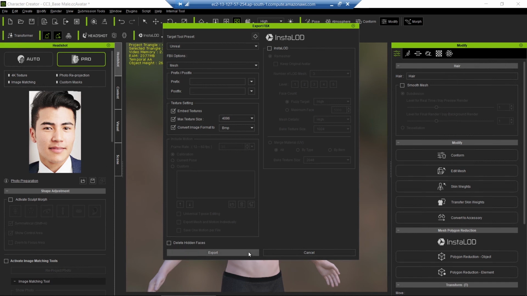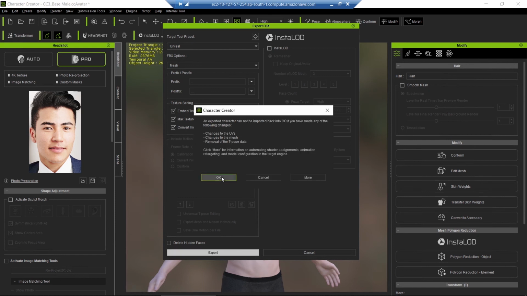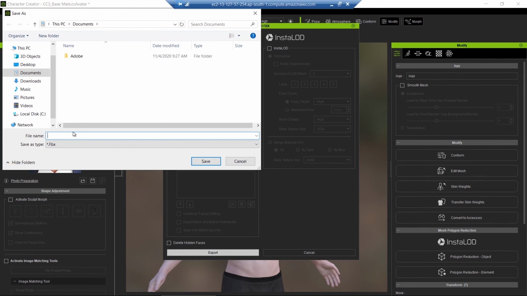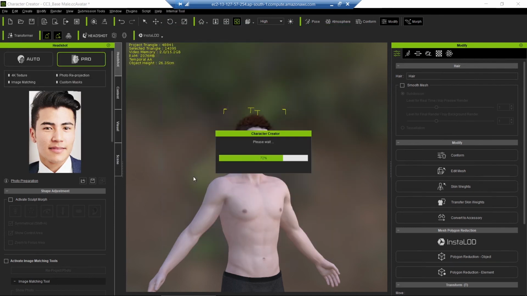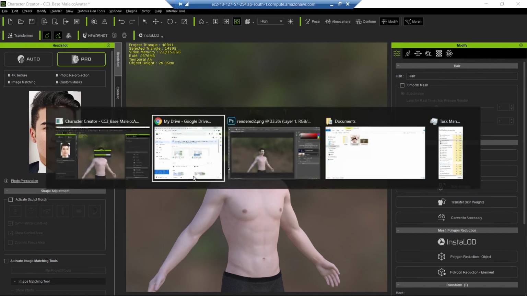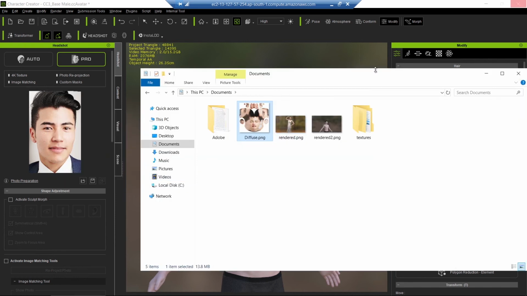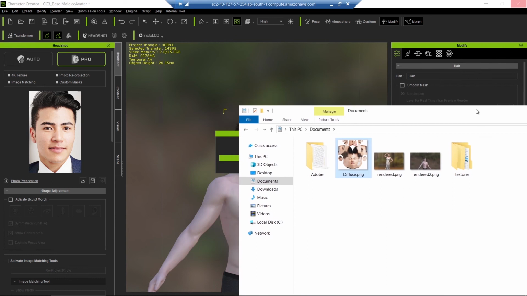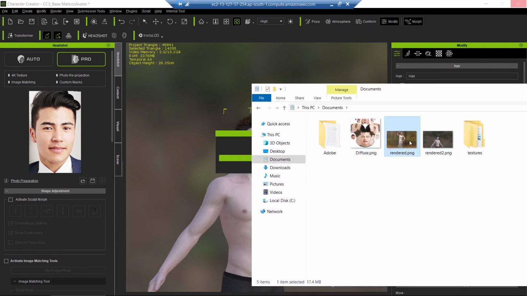Export this one, and now you have to make sure that all of the textures that you have created will be lesser than 40 MB. The export file that we are going to create here must be lesser than 40 MB. So let me just create the file. I will just name this person. I'm going into the file and we'll look here. This is the texture I haven't created, and texture 2 that we have rendered here, and this one we have rendered previously.